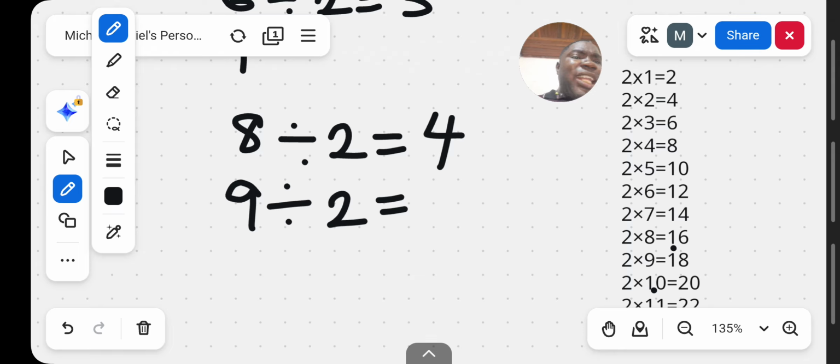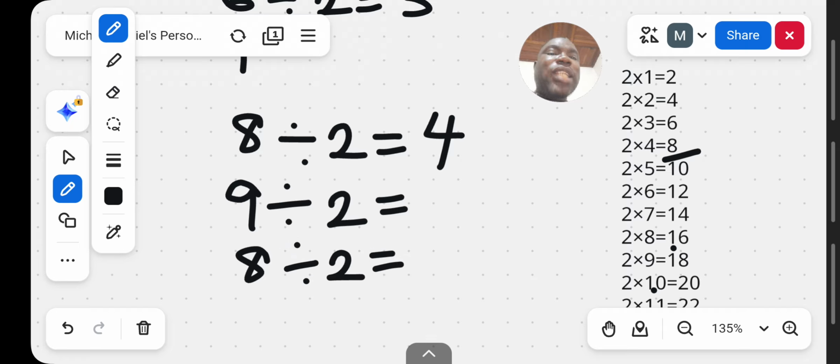Now, if you read that 2 times table, you will see there's no 9 in the answers. 2 times 1, 2, 2 times 2, 4, 2 times 3, 6, 2 times 4, 8, 2 times 5, 10. 10 is already more than 9. And where is 9? 9 is between 8 and 10. So that means we have to use 8 to ask ourselves the question. So we say 8 divided by 2. What's 8 divided by 2? We already know that is 4. So if 8 divided by 2 is 4, it means that 9 divided by 2 is also going to be